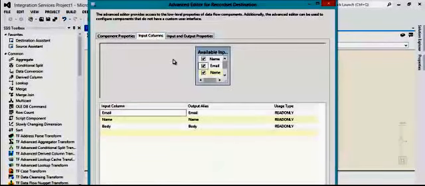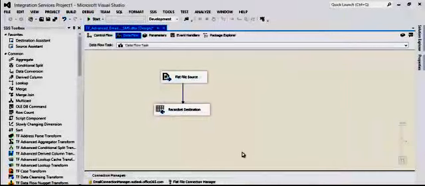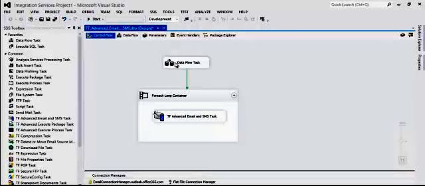Again, I'm just going through here checking just these two input columns, making sure everything is organized, and I click OK. Let me close out of this real quickly. Okay, now what we're going to do is go into the control flow. Now, I've already set up my data flow. Pretty simple, pretty straightforward. What I'm going to do now is go into a for each loop